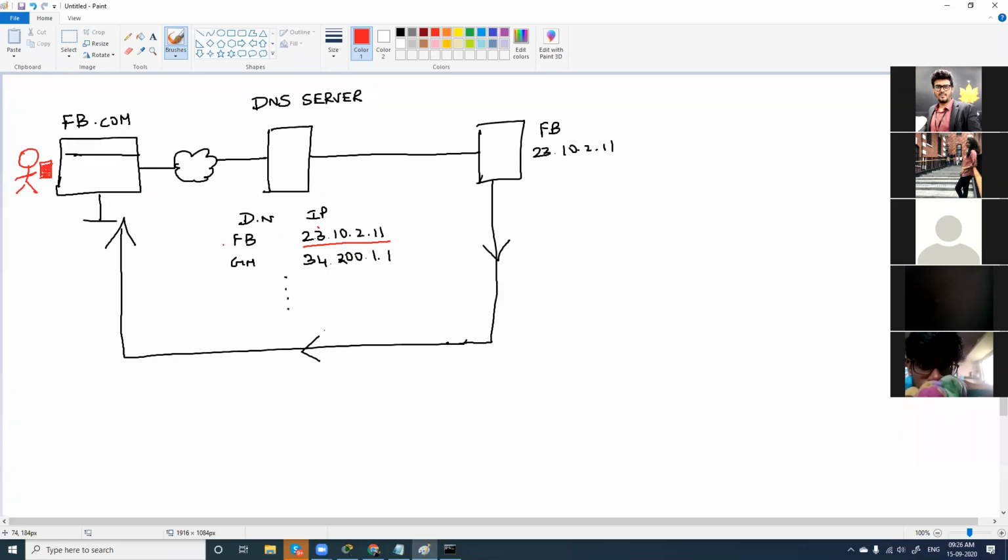Whenever you want to call someone, I'm going to call Sandeep here. So I'll go to my mobile and type Sandeep. It says calling Sandeep, but the call actually goes to a number in the background. So this is a computer here, and this is a DNS server, the mobile here.